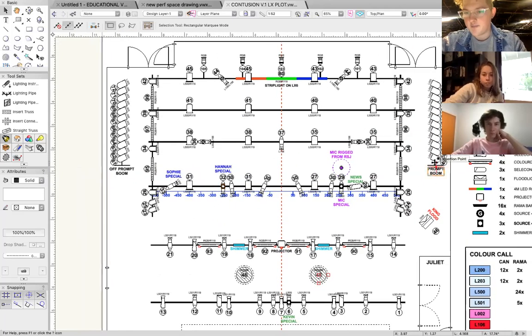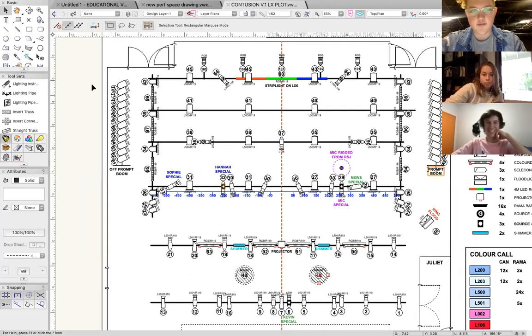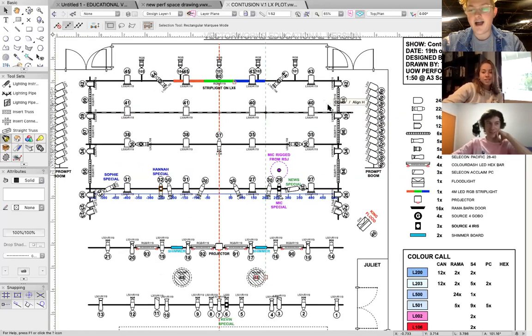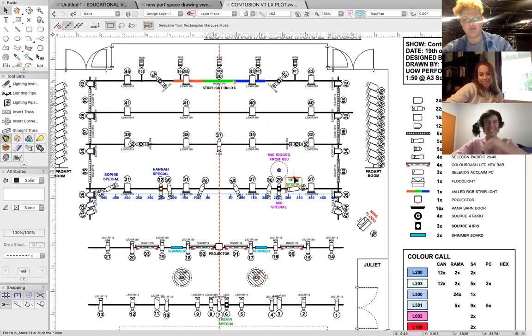I had these giant booms with 12 par cans on each of them on the sides. Looked stunning. It was beautiful. Some of my best work. I'm amazing. It did look lovely. I hate myself. But yeah,